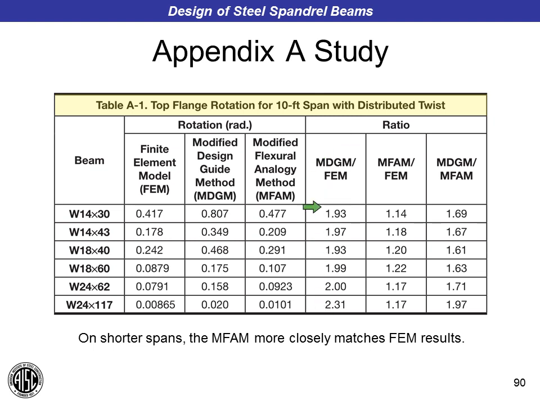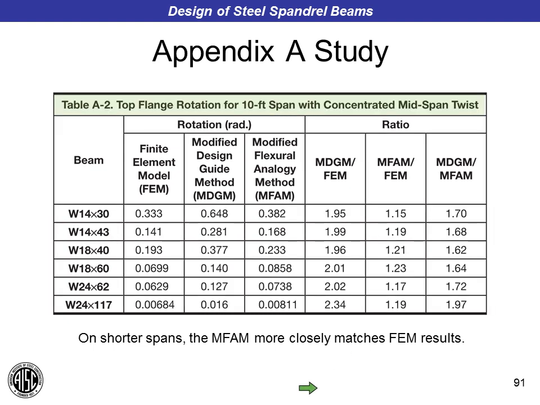Modified Design Guide 9 method is much more conservative and reports much larger rotations. This is specifically for the top flange being restrained. Now if you look at that, that's with a distributed twist. Again, when we have a concentrated twist at the midspan, we find the Modified Flexural Analogy method for short spans produces results for rotation that are much closer to the finite element analysis than the Modified Design Guide 9